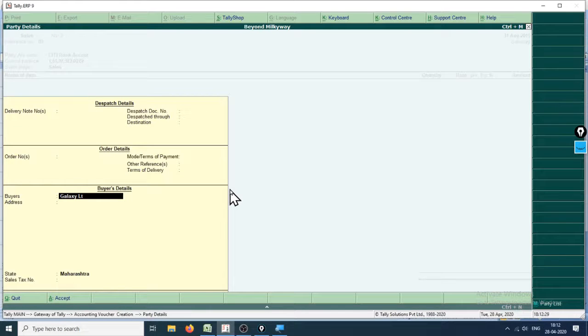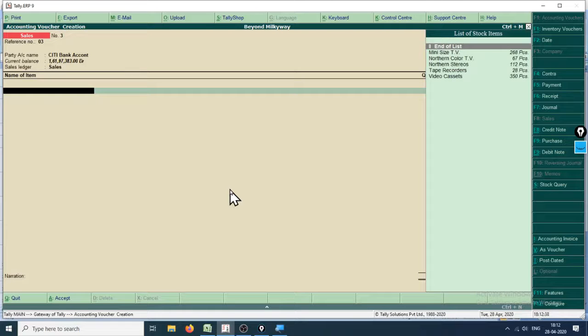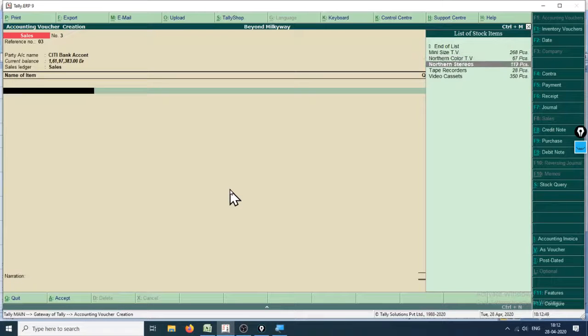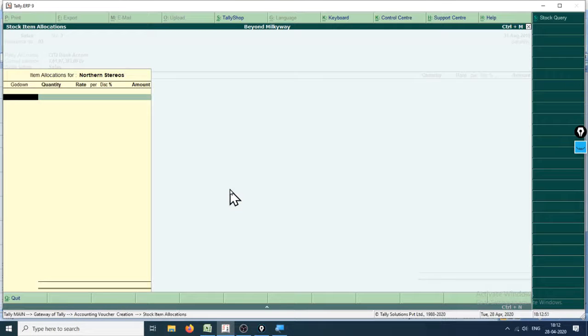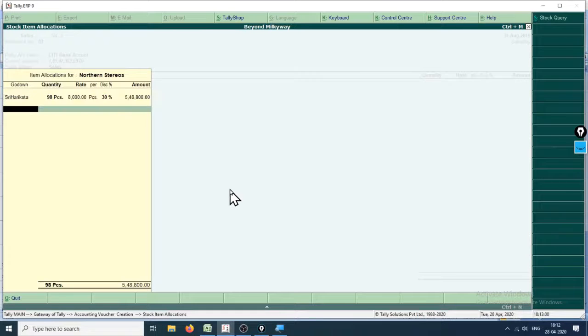Galaxy Limited, address is Maharashtra, enter sales, name of the item, mini size TV, 98 Northern Stereos, 8000 per piece. And how much is the discount? 30%. Oh wow.